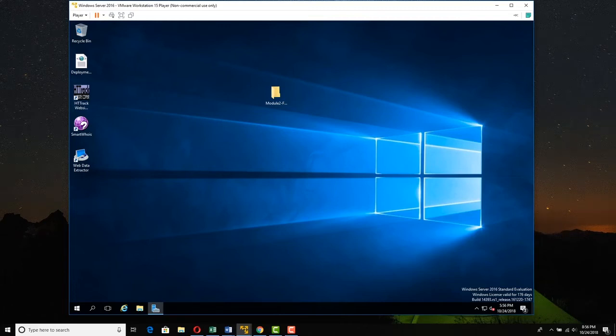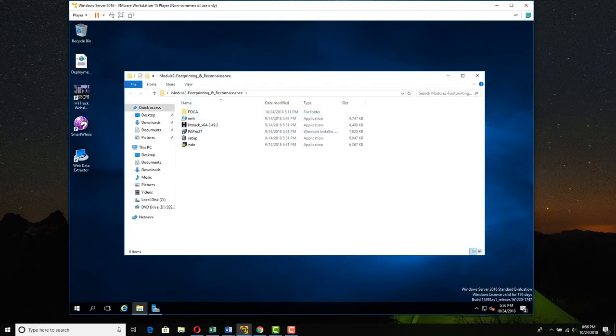Let's take a look at a Windows tool called Smart Whois. Now I have Server 2016 running, and what I did was I simply dragged and dropped from my host the Windows 2 footprinting and reconnaissance folder so that I would have all these Windows tools here. And you can see when I double click it, I have half a dozen tools in here per our setup guide. And what I did was I just did a default install of all of these, and Foca actually